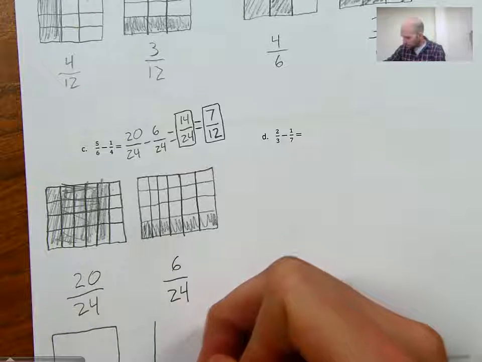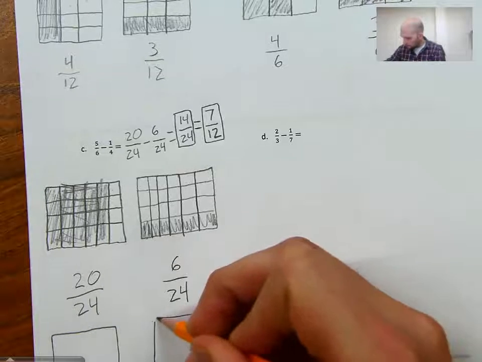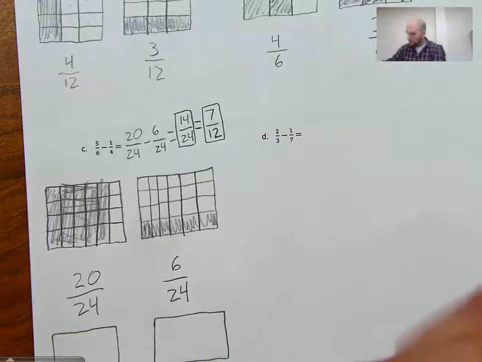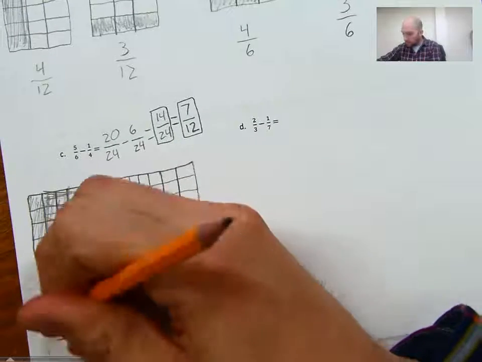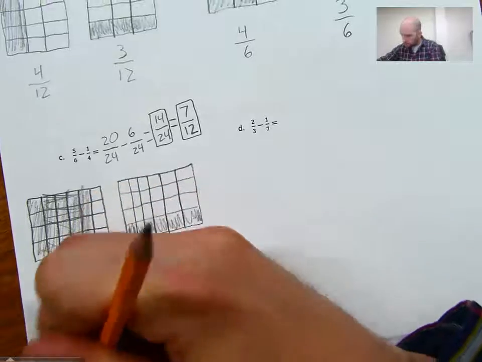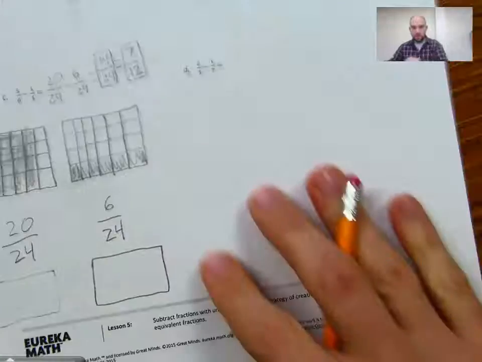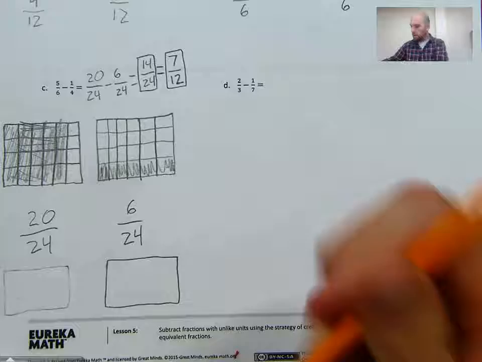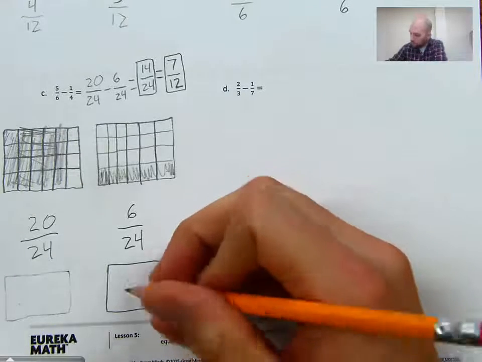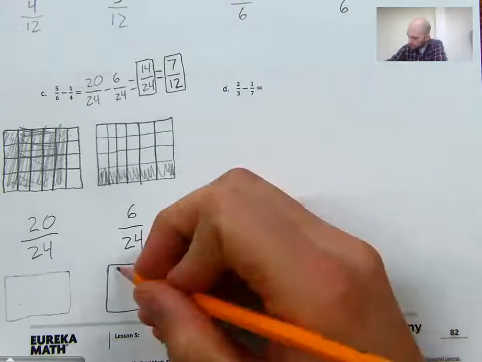2 rectangles here. Actually, you know what? We'd only need 1 rectangle. I have 2 and I only need 1. So we'll just use this 1 rectangle here. So if I have 12ths,